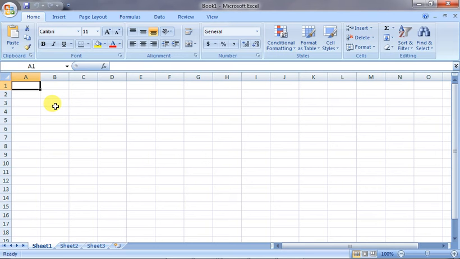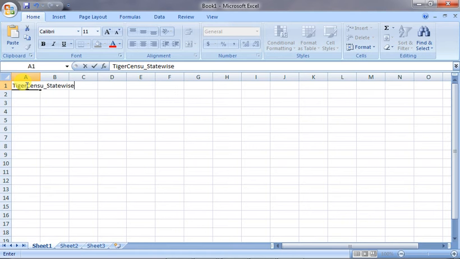So we are just inputting something. First, the heading: Tiger Census, as it is given in your book, then an underscore, and then I am entering state wise.